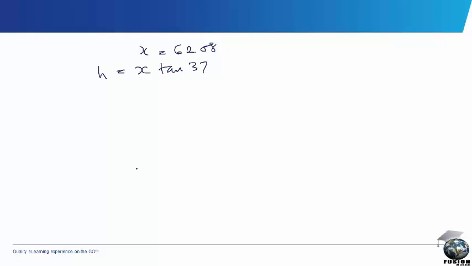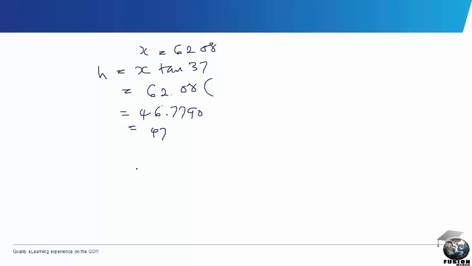We have that x is equal to 62.08 and then tan 37. So 62.08 tan 37. We have tan 37 to be equal to, and the outcome is 46.7790, which is approximately 47